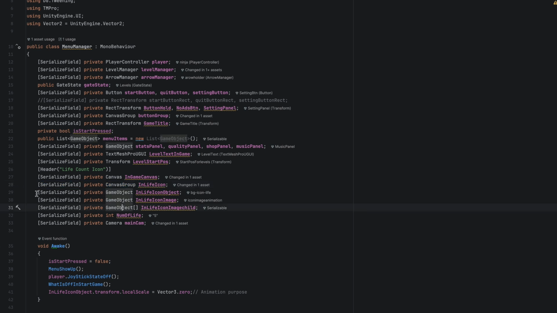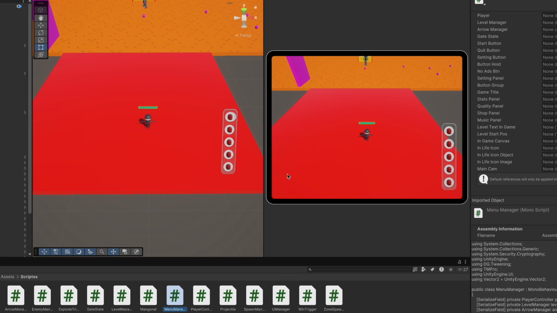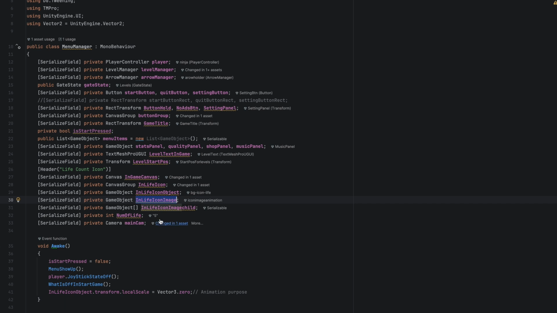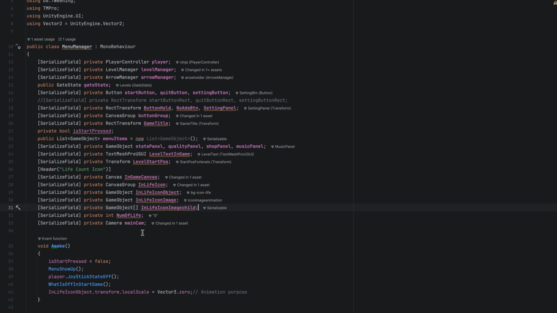Then we have 2 game objects. One, the parent that contains the vertical layout group component. Then another game object for the UI image, because when the player collides with this object, we associate a small sprite that animates to the destination, the background, then it disappears. So we need to have a reference of the object. Then we have a list of game objects for the 5 slots of the vertical layout. Why? Because we need the reference of each position depending on the index, because the end position of the animation